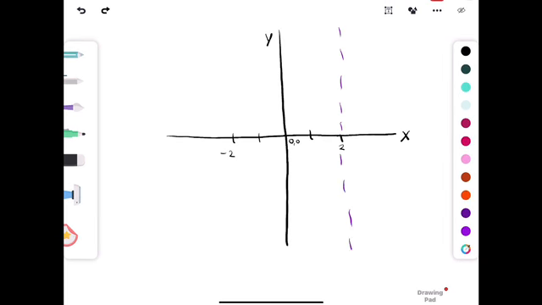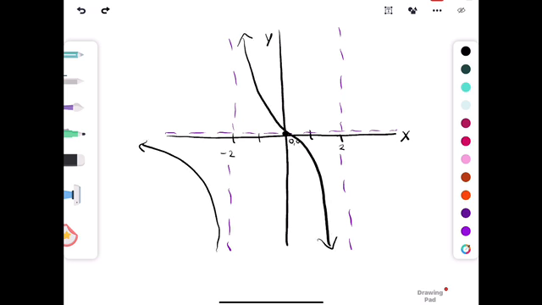So now we are going to sketch the final graph. So we have our vertical asymptotes at 2, negative 2, and our horizontal asymptote at 0. We have the inflection point at 0, 0,